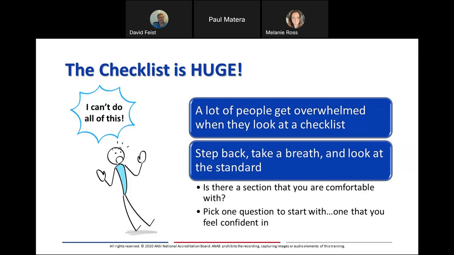And the general approach that we usually recommend is to start with the section that you're the most comfortable with. Start there. And you'll find once you get into it, it's much easier to navigate. You'll start to understand what it says, where it's coming from, and how to fill it out. And just like any large task, once you start down that path, you'll find that it's pretty easy to complete.